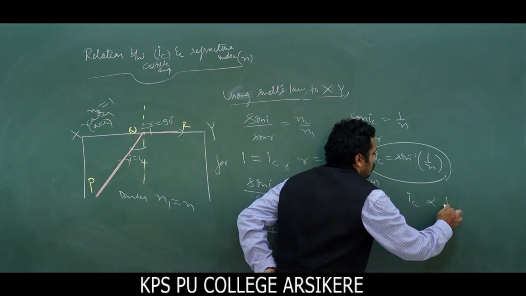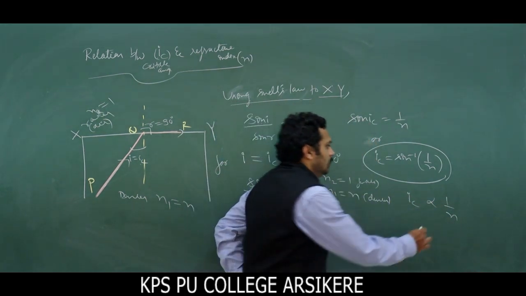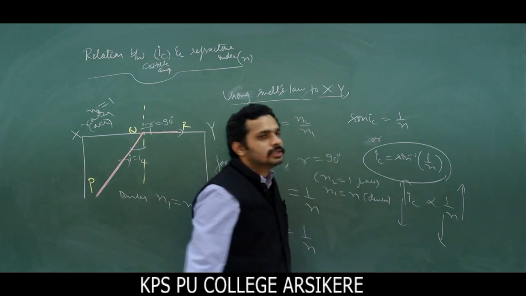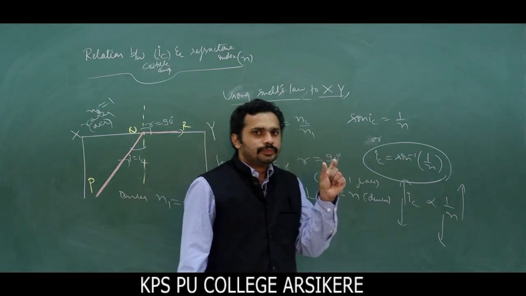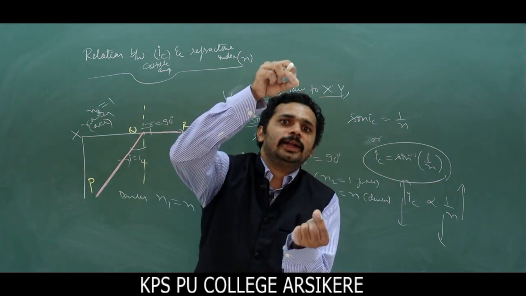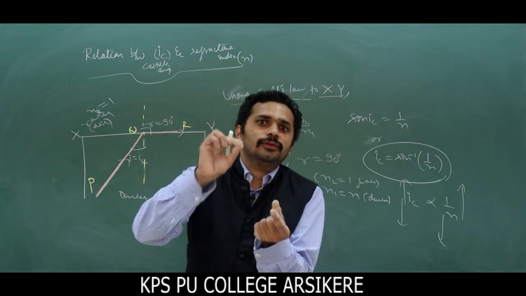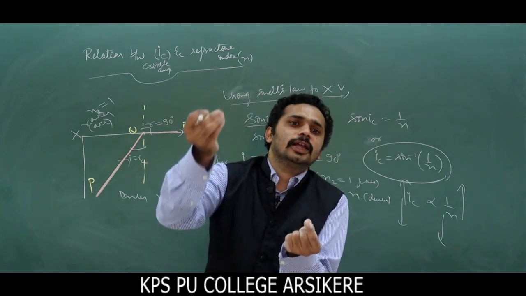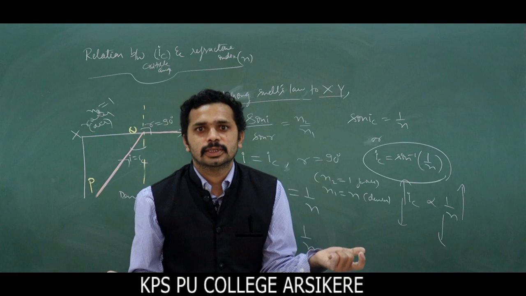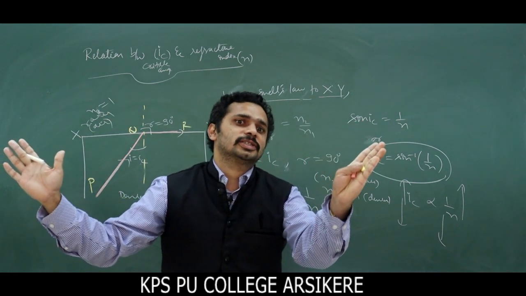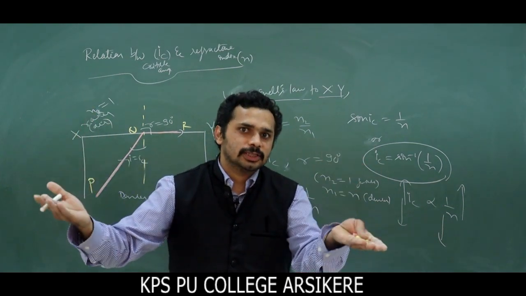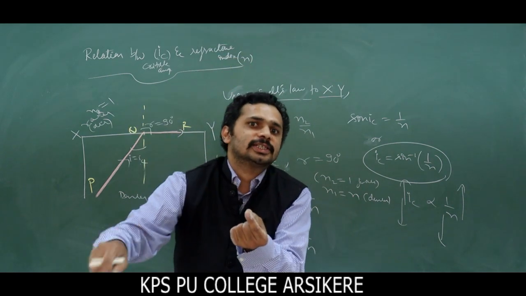This IC is inversely proportional to the refractive index. If the refractive index is more, the critical angle is less. If the refractive index is less, the critical angle is more. We know that if the refractive index is more, the optical density is more, and in that medium light travels with lesser speed. If the refractive index is less, the optical density is less, and in that medium light travels with greater speed. You got it? Diamond has the highest refractive index. For diamond, density is more, optical density is more, refractive index is more, and in diamond light travels with lesser speed.